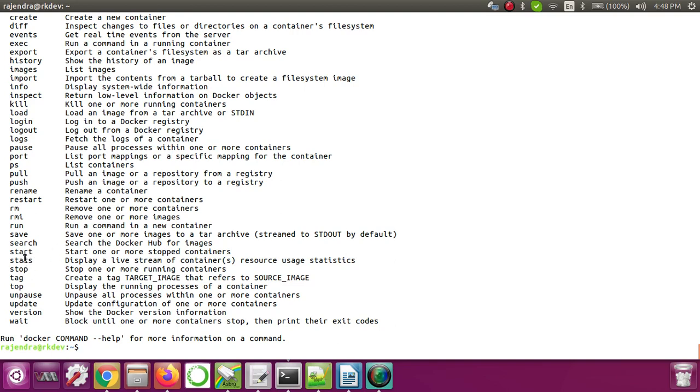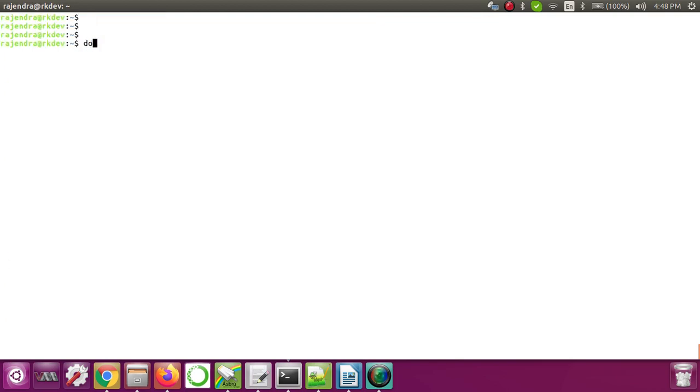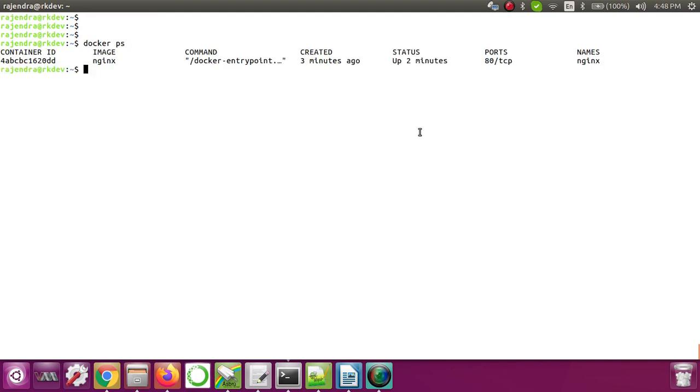There is one important command, which is stats. Now if you see, I have a docker ps, one container is running, but what I want to see is the memory footprint or the CPU footprint.